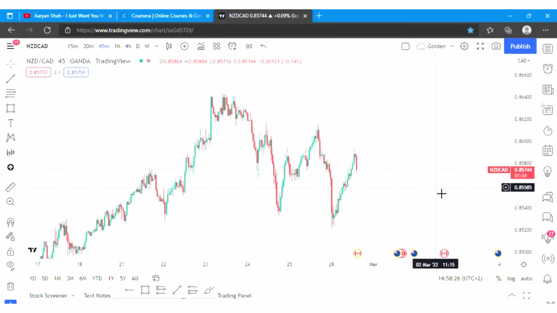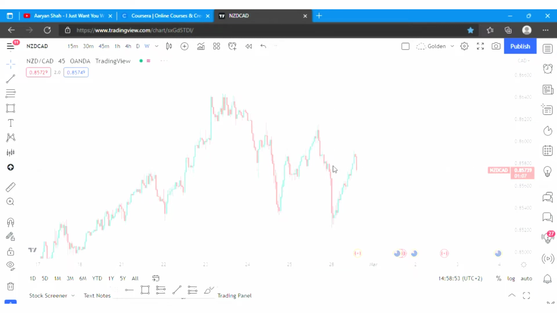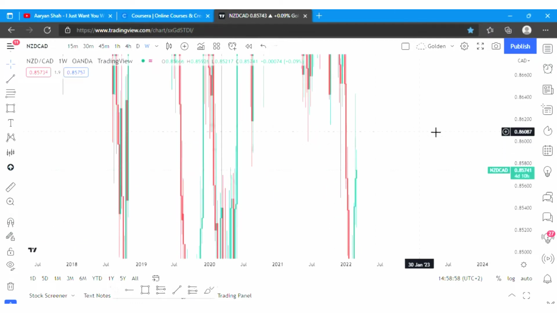So, what we're looking at today is New Zealand dollar versus Canadian dollar, the NZD-CAD. This is the 45 minute time frame. Here we can already see there is some sort of a descending structure, but we can never start analyzing the market from smaller time frames without first analyzing bigger time frames. And remember, we go to bigger time frames just to see the overall trend of the market, just to see where the market has to push